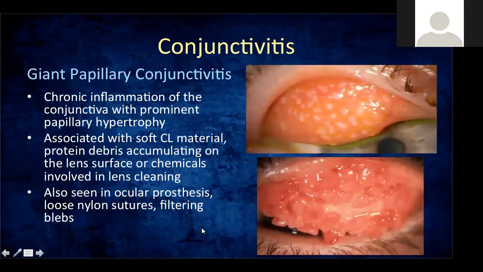Okay, giant papillary conjunctivitis can be seen. Now, this is a different type, not like your vernal, where you have a cobblestone appearance of the papillae. Ito parang gulo-gulo sila. It's seen commonly in contact lens wearers. They sometimes react to the contact lens material itself, or the debris that accumulates on the contact lens, or maybe chemicals involved in cleaning of the lens. They're also seen in patients who have ocular prosthesis and some patients who have sutures sticking out of surgical sites.